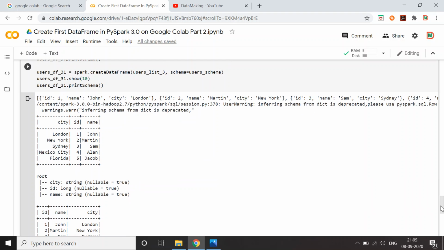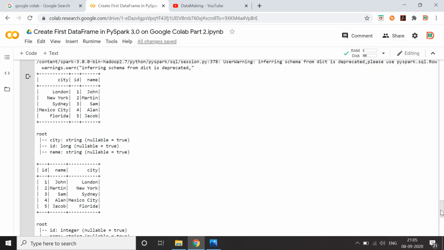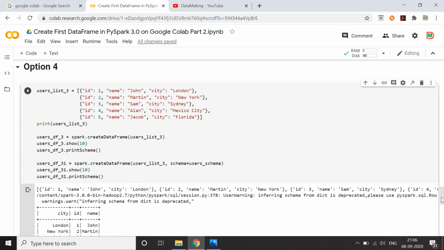So this is all I want to discuss about creating a data frame in PySpark. There are many ways to create a data frame in PySpark, and we'll see them one by one. This was programmatically: if you have a Python object, how do you programmatically create a data frame? In further videos, we'll see data source APIs like CSV and JSON: if you have data in those file formats, how do you read it? And if you have data in NoSQL and RDBMS, how do you retrieve it and create a data frame out of it? We'll discuss in future videos.